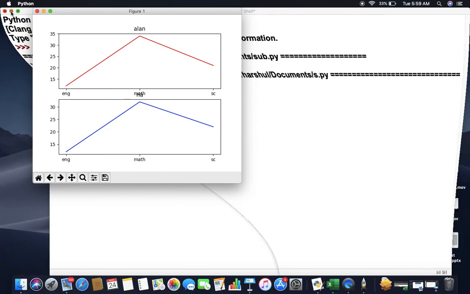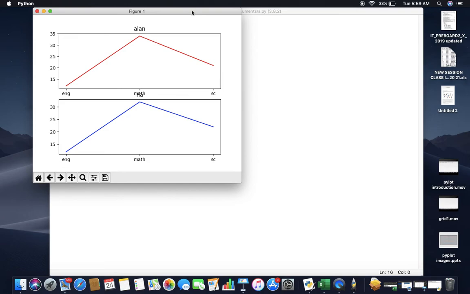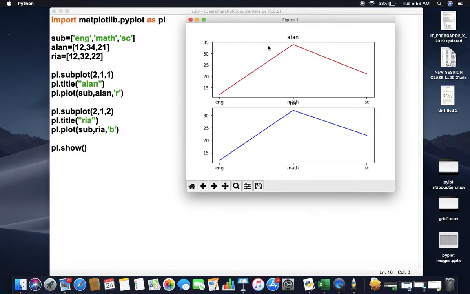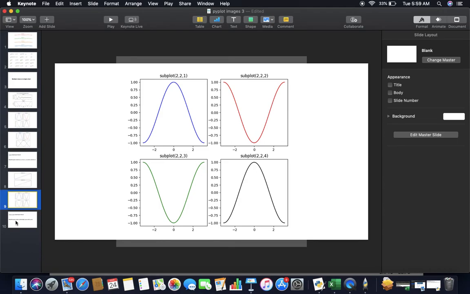Let us compare it with my coding back to back. This is how you can see here: the first chart was Ellen's chart, so that has come at the top, and the second chart was Ria's chart, which has come here. Now you can check here, the title and the x-axis labels are overlapping, they are mixing here. So how can we adjust the space between two different subplots? That can also be done here, and that can be done by using a function of Pyplot that is known as